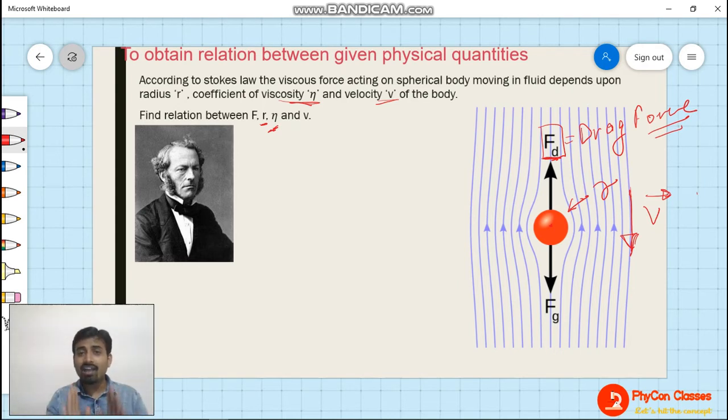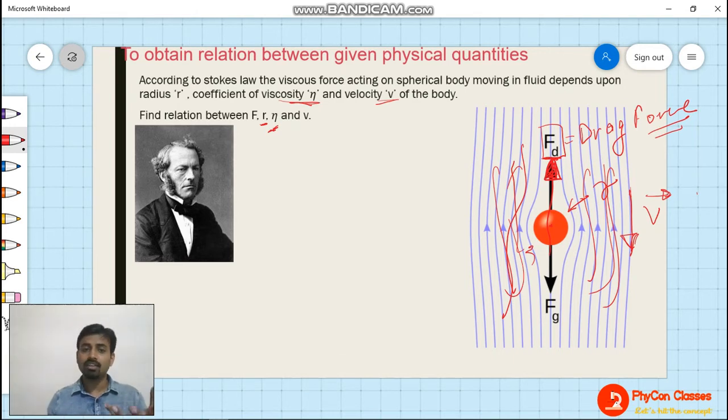Now, what is drag force? Drag force is a force which comes into the picture because of the fluid. If you drop a ball inside water, after attaining a certain velocity, the velocity of the ball will become constant. It will not improve. Why? Because of the drag force acting in the upward direction because of the liquid molecules. These lines are representing liquid, and this liquid applies a force called drag force onto the ball. That drag force depends on the radius of the ball and on viscosity.